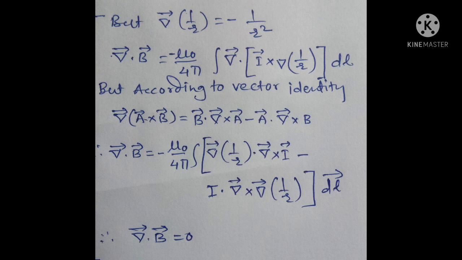The magnetic flux over any closed surface is 0. That is, magnetic field has no source or sink of magnetic flux. It shows that a magnetic charge, known as a magnetic monopole, cannot exist, as the lines of B crossing any closed surface around such a pole would not be 0. So from del dot B equal to 0, it is proved that magnetic poles do not exist separately. Thank you.